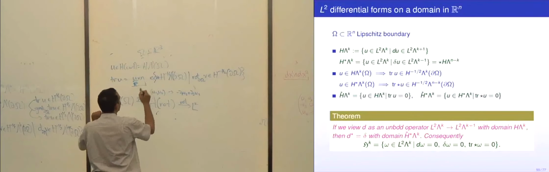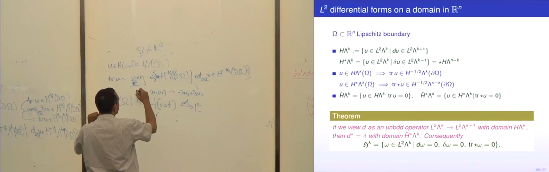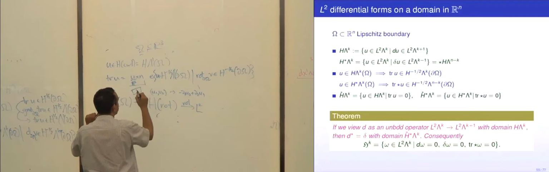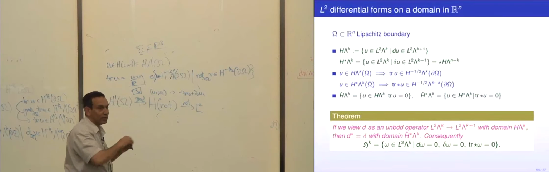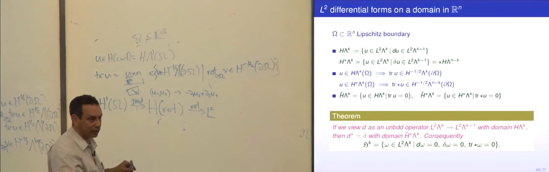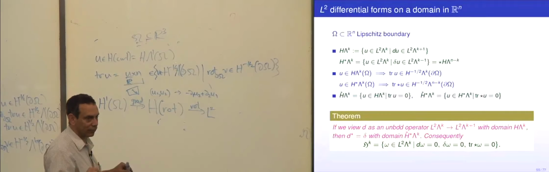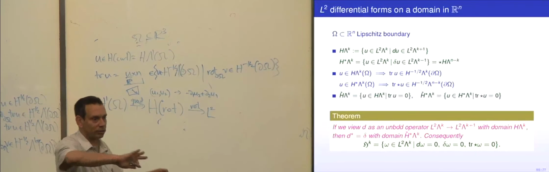So u cross n is a tangential vector field on the tangent space in R2. Right? U cross n is in the tangent space. It's a 2-dimensional vector field. So you can take a 2-dimensional rote of it and get a scalar field. If you have any 2-dimensional plane and you have a vector field in that plane, you can take rote and you get a scalar field. Rote takes 2-vectors to scalars.